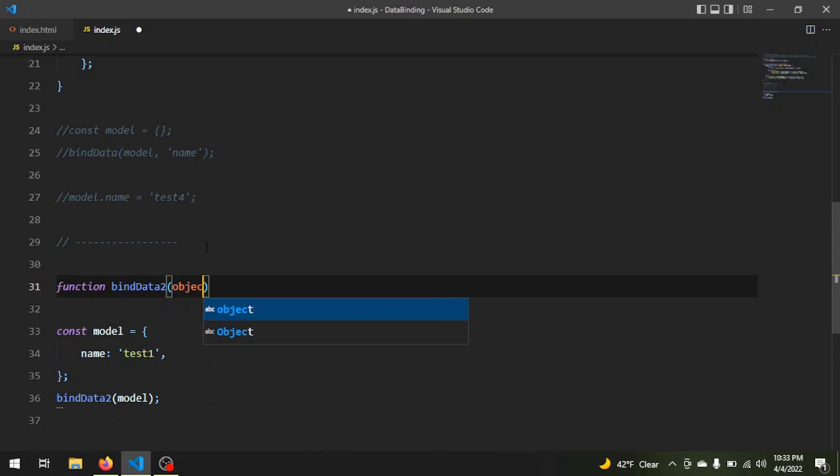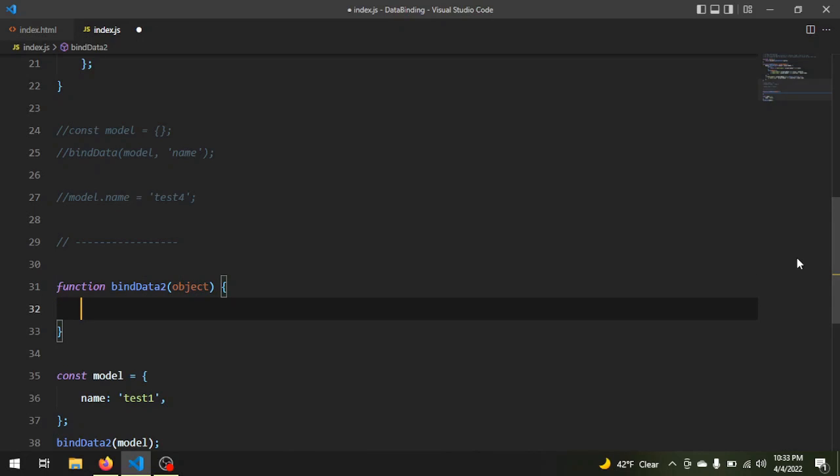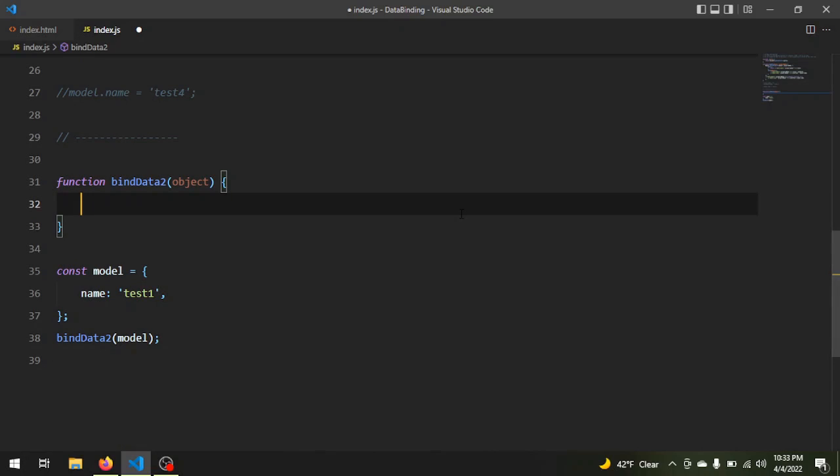We need the object. Now the first thing I want to do is to create a copy of this object, because eventually after we copy the enumerable properties of this object into a new object, I want to remove every single property from our object, basically from our model,